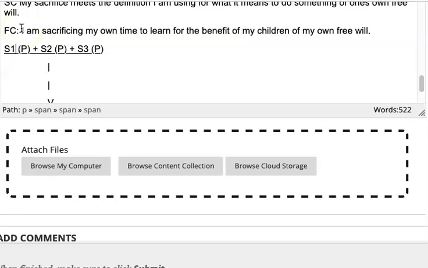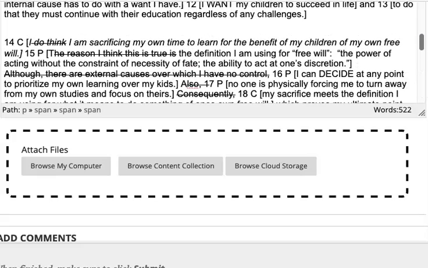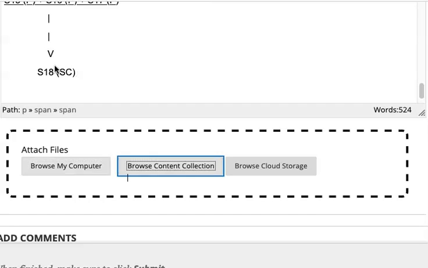So I needed to say statement 15, statement 16, statement 17. Okay. Let me make sure I've got those correct. Yep. Are being used to support statement 18, a subconclusion, which